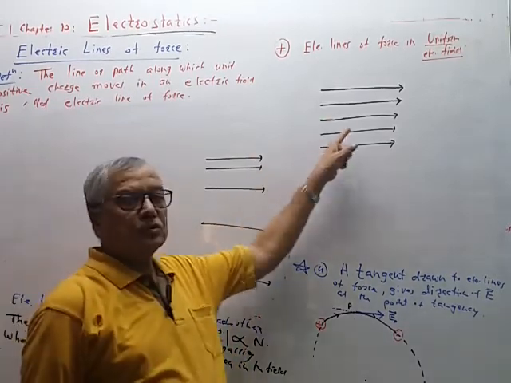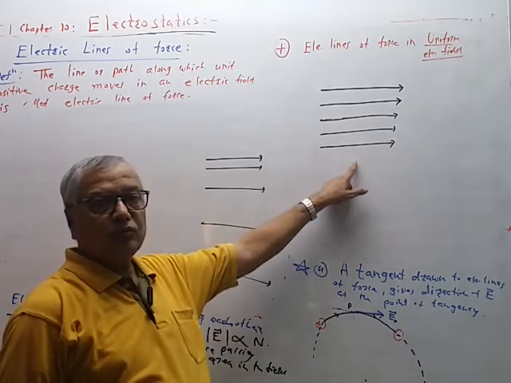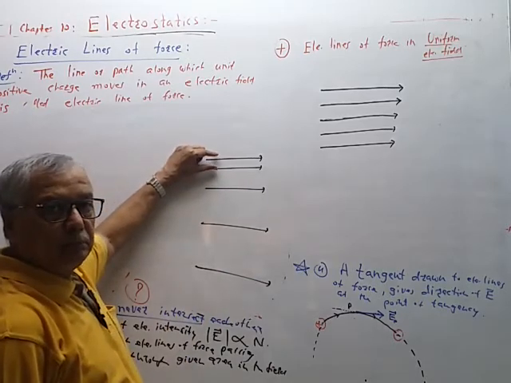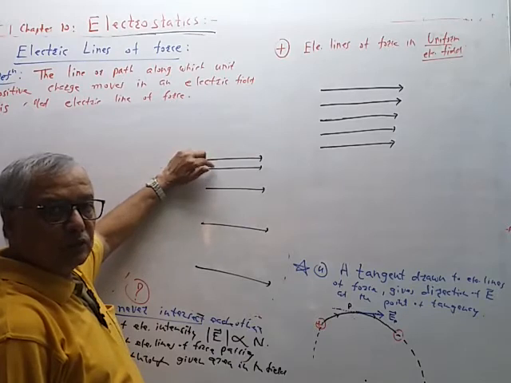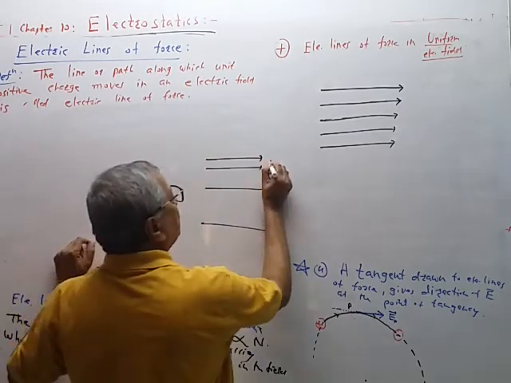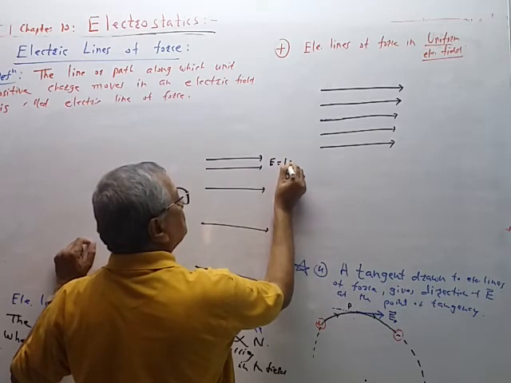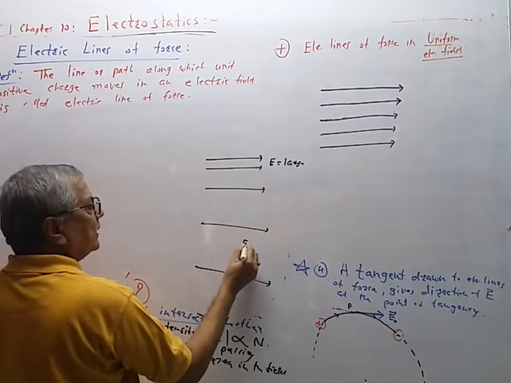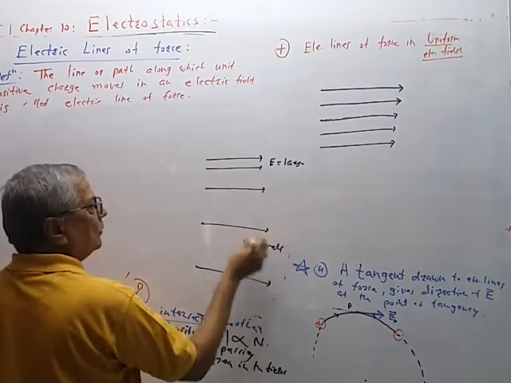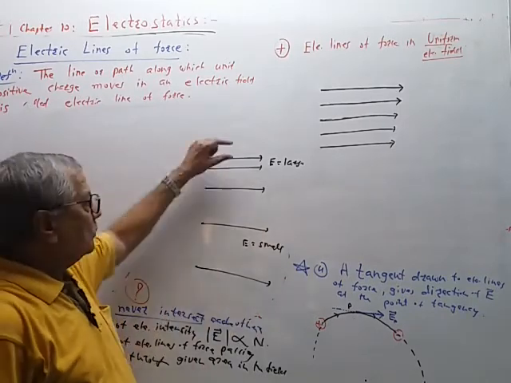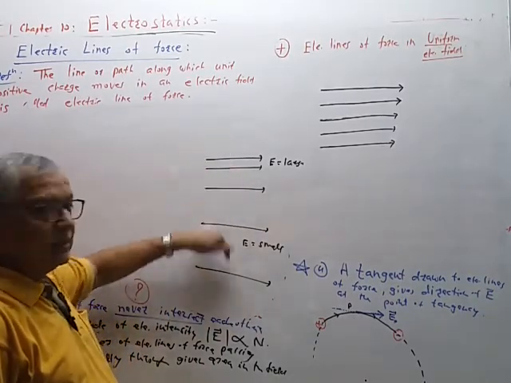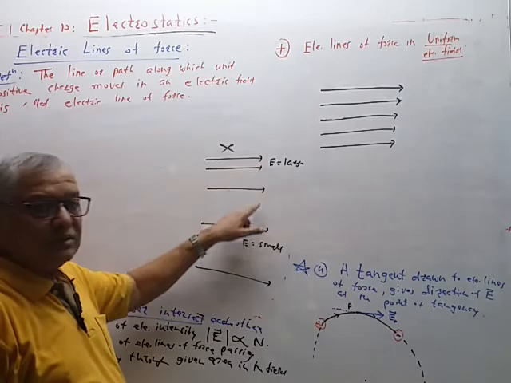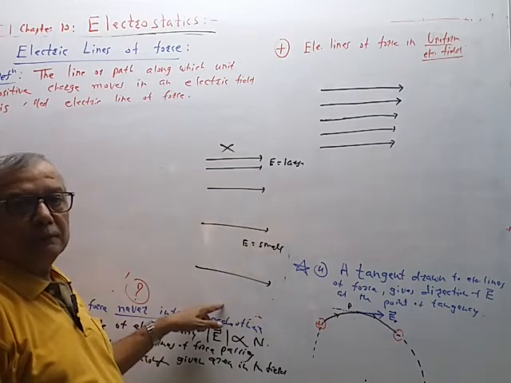What is the difference between these two patterns? These are lines of forces. These are also lines of forces. But here, the separation between the two lines of forces is less. So here, the electric intensity E is large, crowded, and here the gap increases. So electric intensity is small. So magnitude is not same. Magnitude goes on decreasing. So this is not a uniform electric field. Direction same है, but magnitude decreases totally.